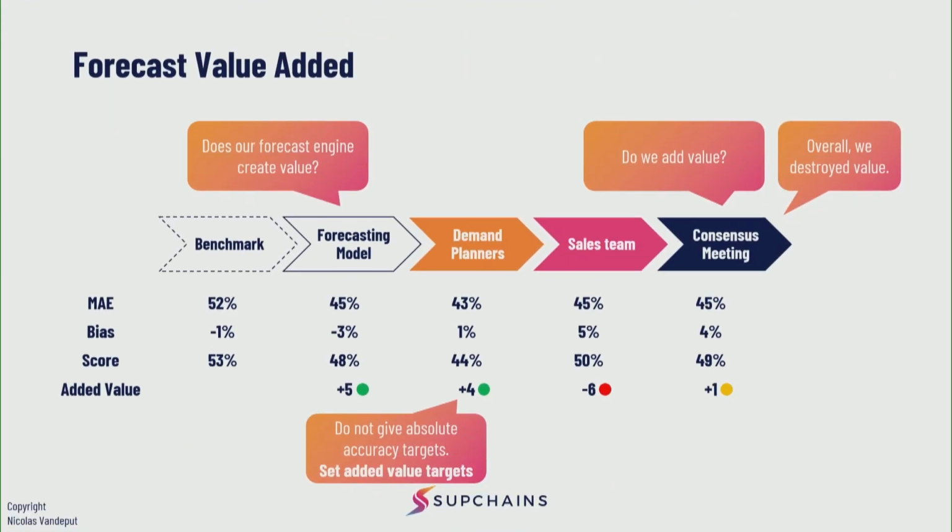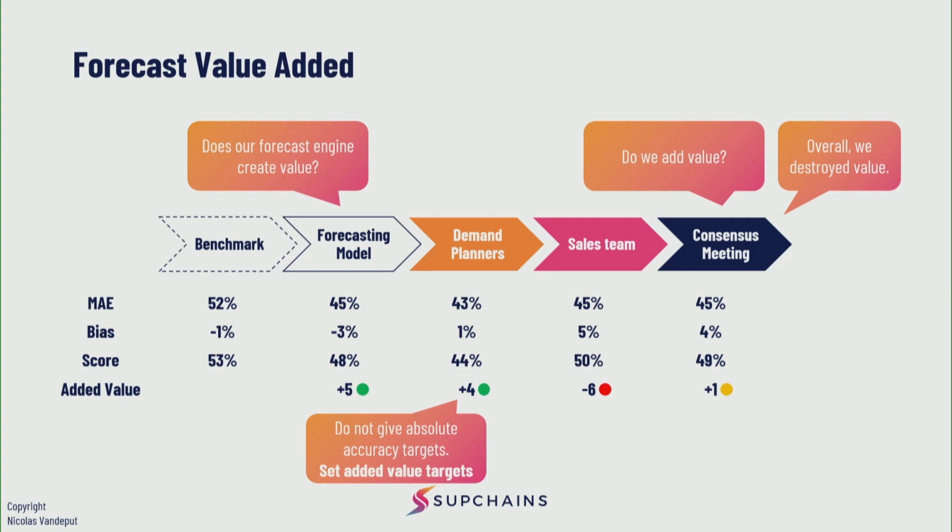So how do we track this? We basically need to compare the forecasting accuracy achieved by a model against a statistical benchmark. Now, this statistical benchmark should be something like the moving average of the last 12 months or the moving average of the last 3 months. Something very simple, something you can do for free in your software, in Excel, in anything, something very, very basic. If it's more complicated than that, I would say it's not a benchmark anymore. It's a new model, which is great. You can do new models, but it shouldn't be considered a statistical benchmark.